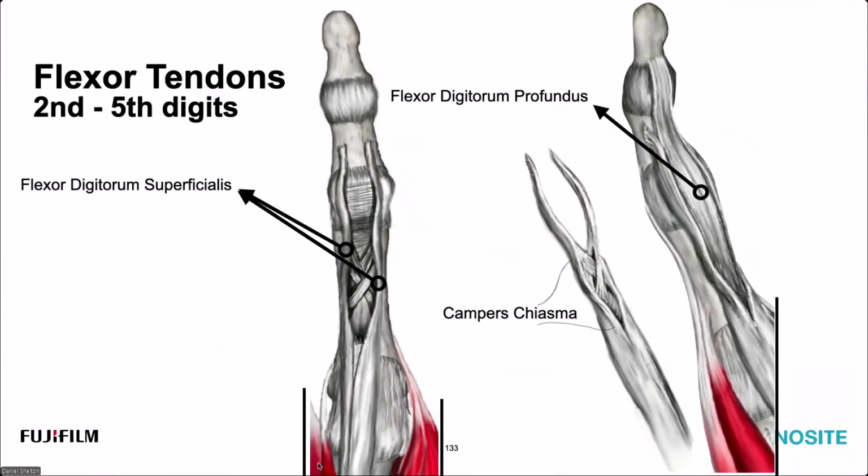After we leave the palm of the hand and we head towards the fingers, the anatomy can get how complex and complicated for something like the superficialis portion of the flexor tendon. So this is the flexor digitorum superficialis. After the MCP joint level, it will bifurcate, and then it will attach at the middle portion of the middle phalanx down the sides here. Now, as it bifurcates, as it splits, there is a web that's very variable. So don't take the grid pattern that you see here as all of them will show this representation.